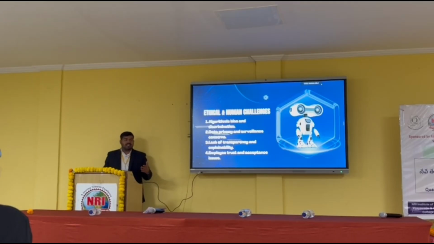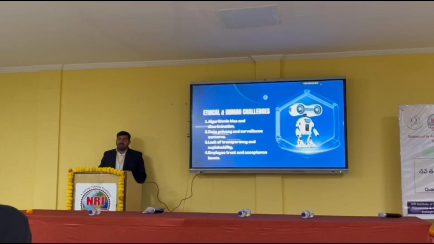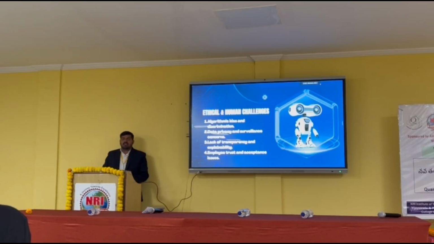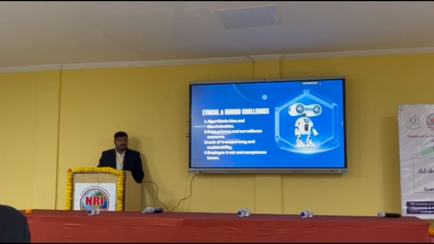When we go through the literature review and our questions, there are four things that we can identify. First is algorithm bias and discrimination. This shows that if we go for algorithmic bias, then the efficiency for humans is less and transparency will not be there. After that, inequality will also be there. And then data privacy: if we share everything with AI, the main concern is that the data goes to other publishers and third parties.